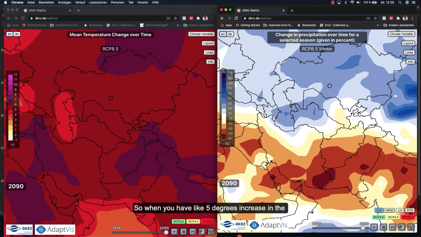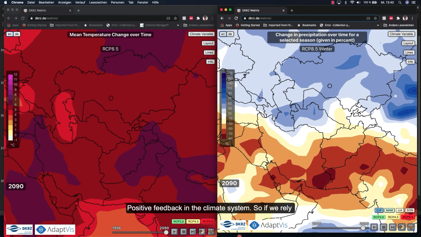So when you have like a 5-degree increase in the near surface temperature, which means the temperature at 2-meter height from the surface, the surface might be even warmer than the atmosphere. And that leads to more evaporation, and the soil is going to be more dry, and that will lead also to dry conditions.